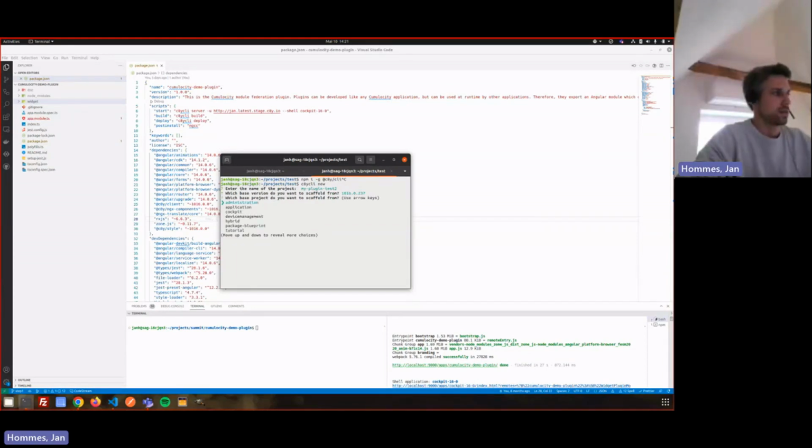And the next step is to select which kind of application you want to scaffold from. So these are our default applications: administration, application, cockpit, device management. But you now get 2 new ones when you have the CLI after 10.16, which is package blueprint, which I already mentioned, and the widget plugin. And this one you basically want to scaffold from, and then the CLI tool basically creates a basic project where all the files are pre-configured, and all you need to do in the end is change to this folder, install the dependencies and run this project,